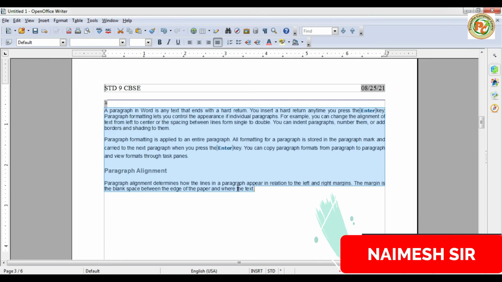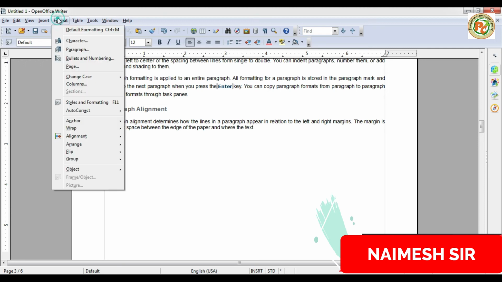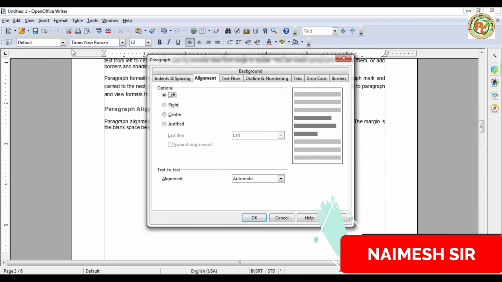Now aligning text using the second option, that is called using the tabs. We can set the tabs. So how to set the tabs? First we are going to use the tab selector option, and for this, go to the Format menu again and click on Paragraph, and from Paragraph we'll click on the Tab option.